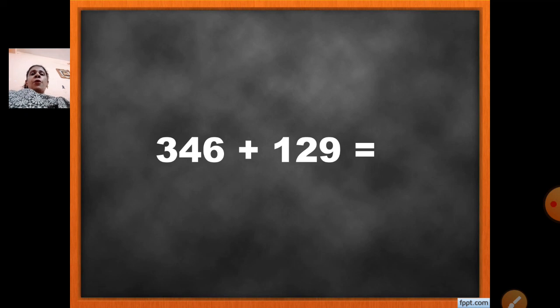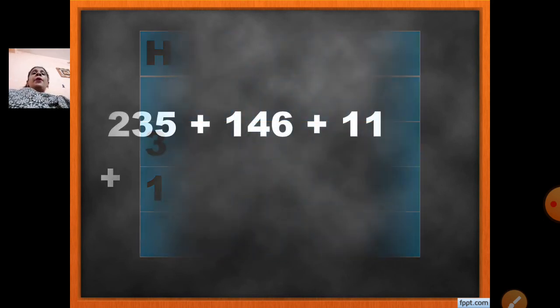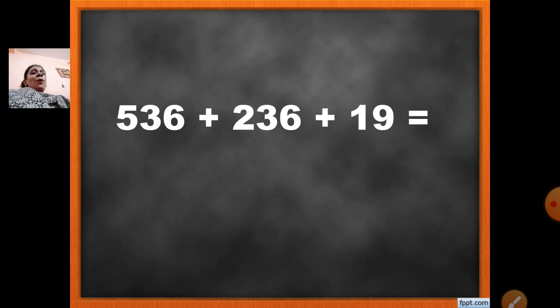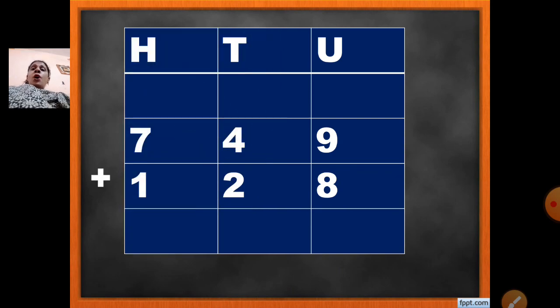First you are going to see the first question, this question you are going to copy. Then you are going to solve it. Solve the question, write the answer, then check your answer with the teacher's video. Then after that you will copy the second question and again check your answers with the second slide. Then you are going to write the third. Like that, all the questions you are going to copy and by yourself make the column. You are going to arrange it vertically according to the place value. For the answers, go to the video, look at the video again and then check your answers.